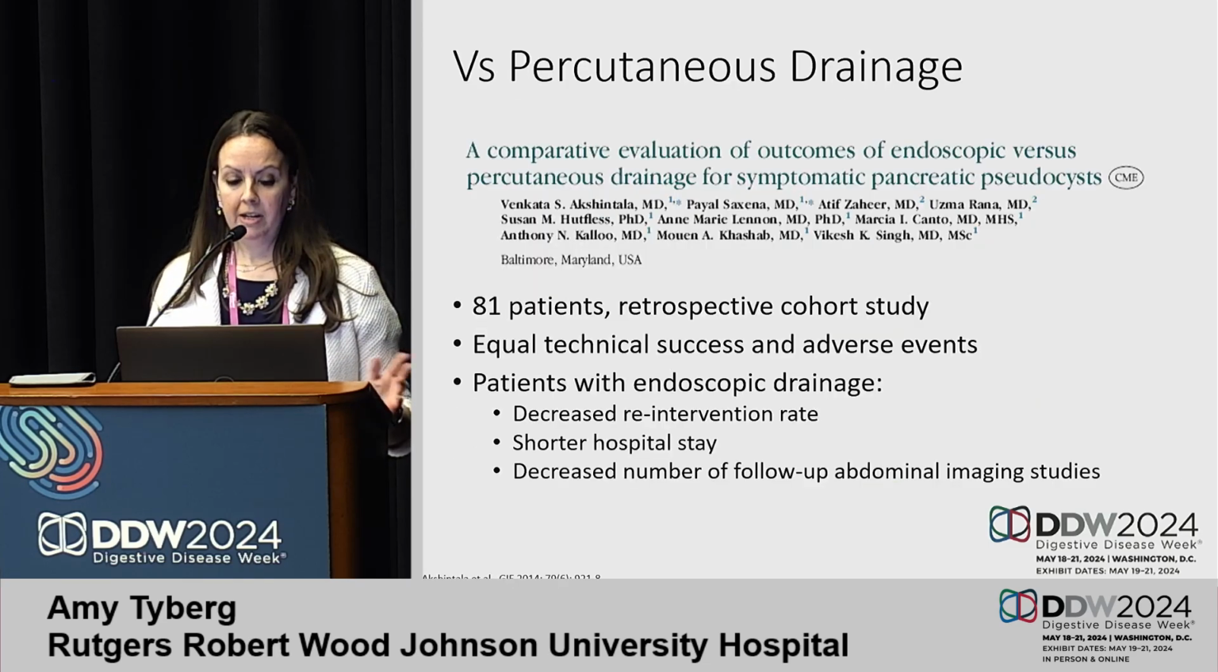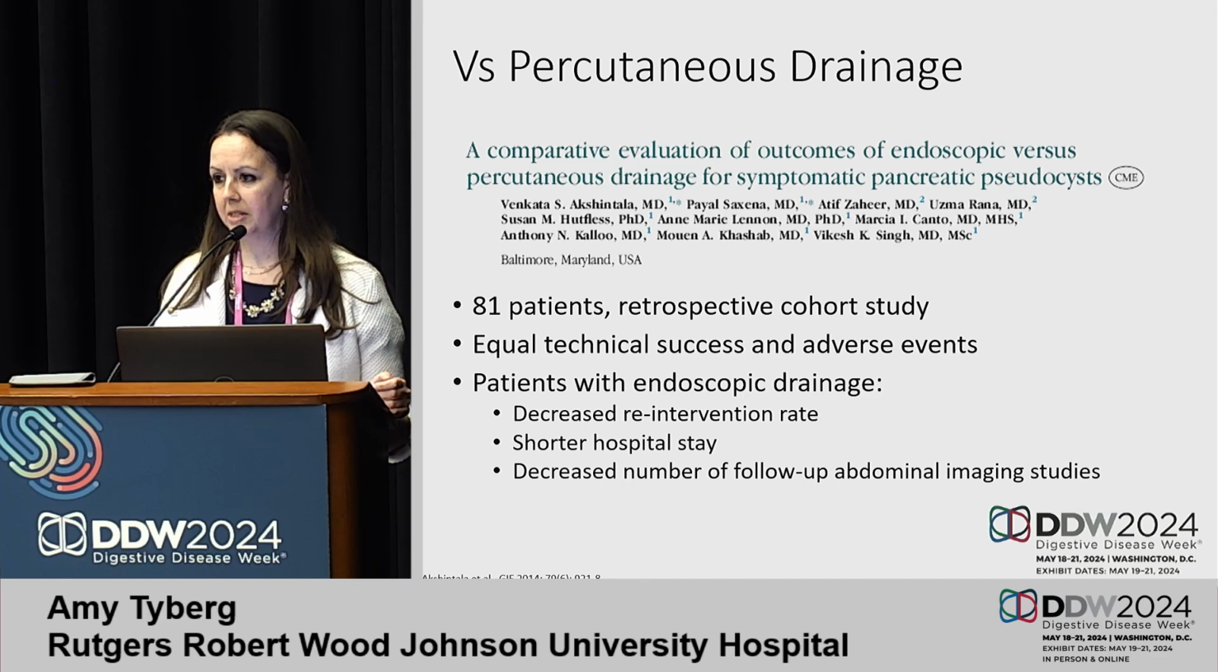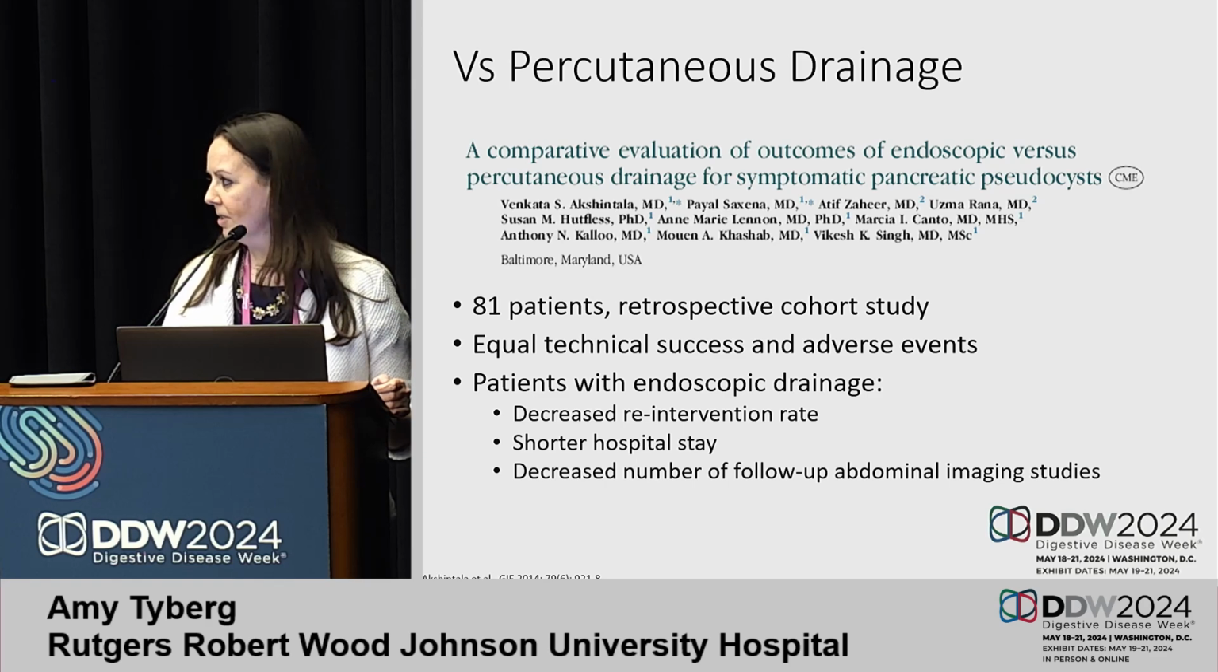Additionally, when you look at comparing endoscopic drainage versus percutaneous drainage, this is a retrospective study, but you can see again, no difference in technical success and adverse events, but the endoscopic arm did have fewer interventions, shorter hospital stays, and decreased number of follow-up imaging studies, which may not seem significant, but these patients can be getting quite a lot of CAT scans and they can add up over time. So that is actually a significant